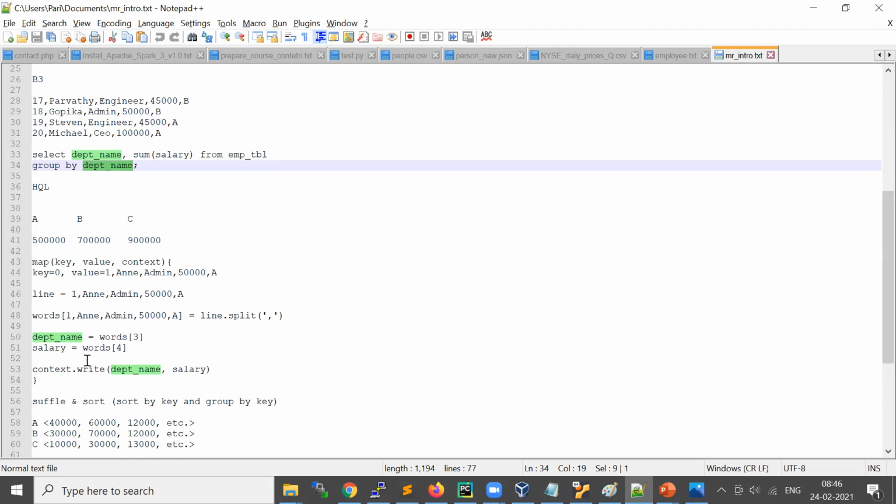We consider the department as the key and the salary as the value.